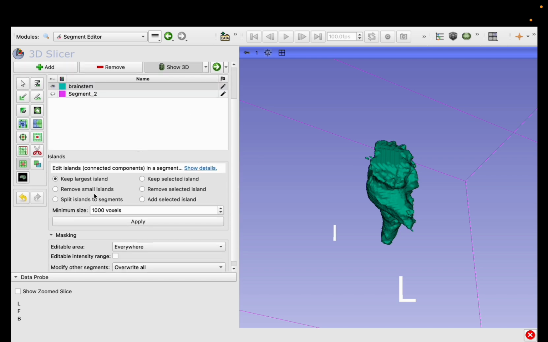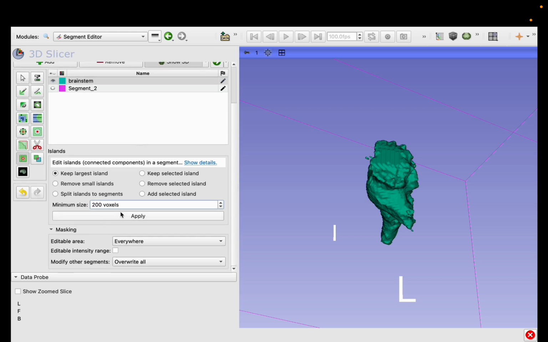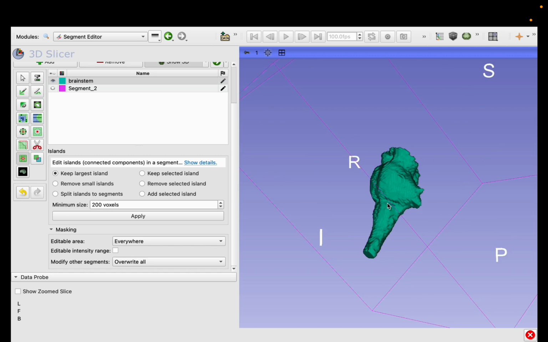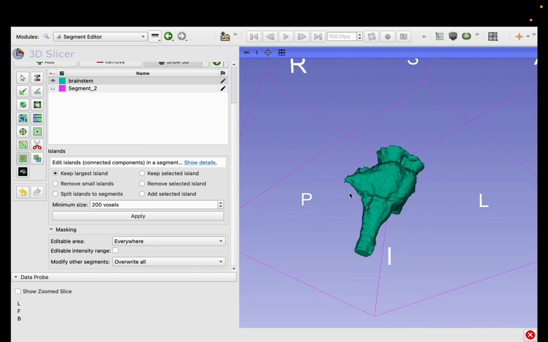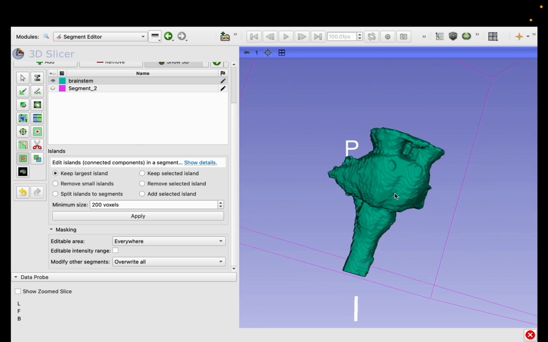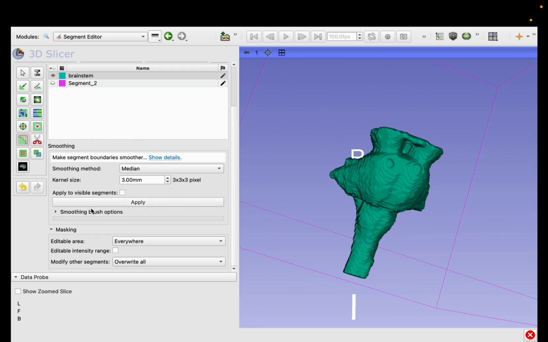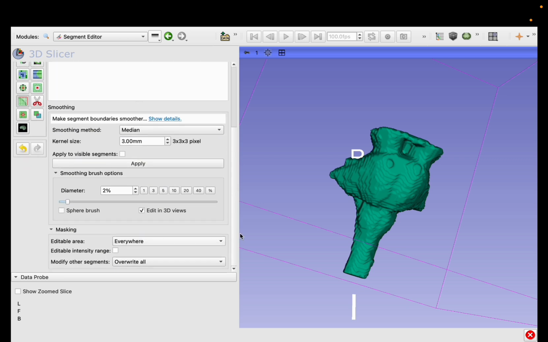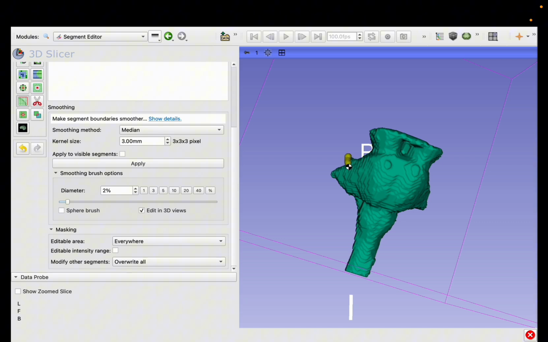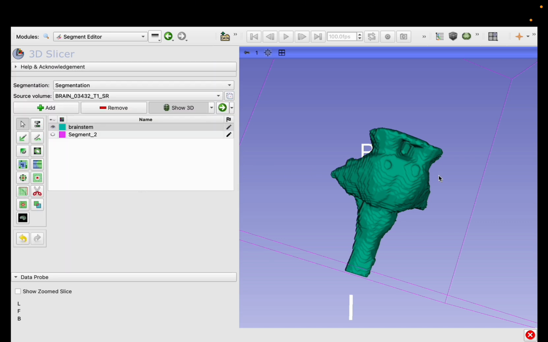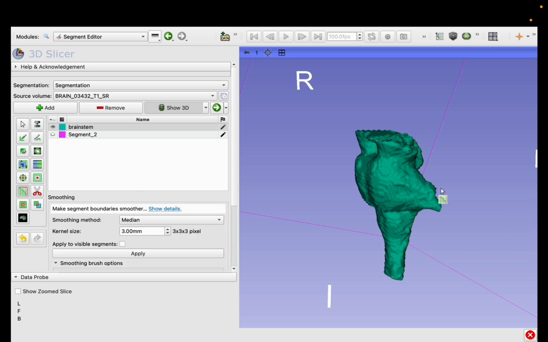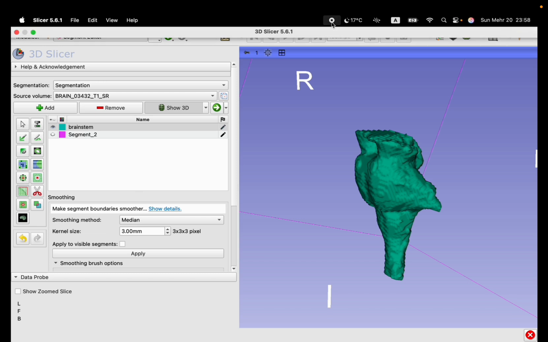And now I want to delete all these small islands, which I use the island tool with all these settings that you can see. You can remove the extra islands. The smoothing tool works in two ways. First, by clicking apply, it automatically applies it on all of your structure, or you can click the edit in 3D box and do it on your structure by hand and manually remove the extrusions or some malformed